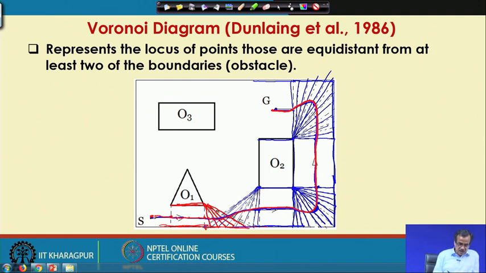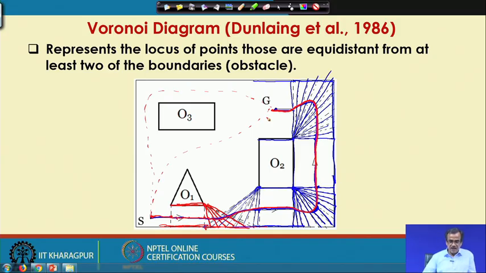Similarly, we can start from here and move along this particular direction, and there is a possibility that I will be able to find out another feasible path something like this, or another path something like this. So, there is a possibility that we can find out several such feasible paths, and out of all such feasible paths we will have to find out the time optimal path.